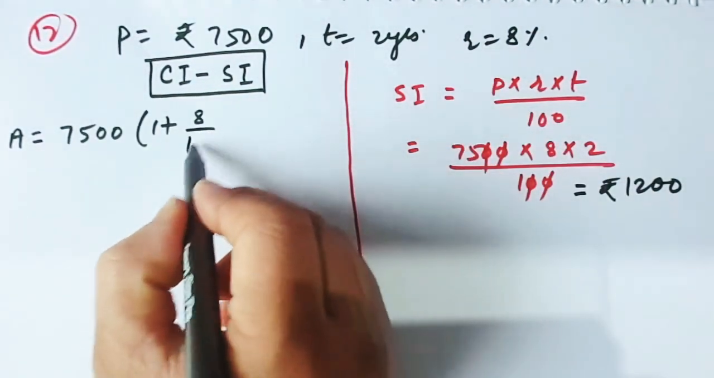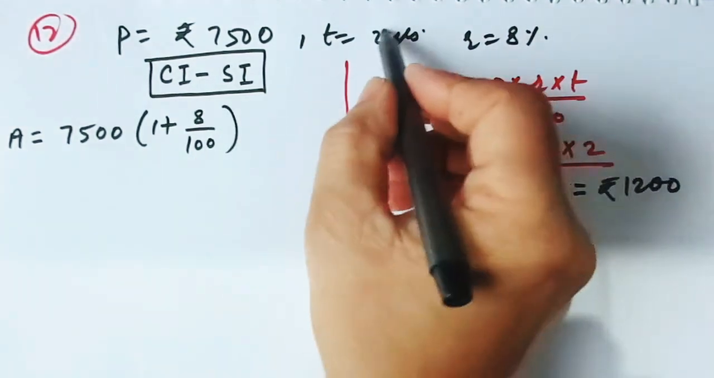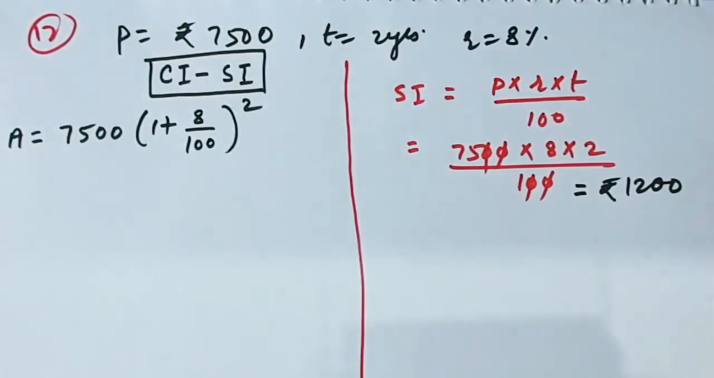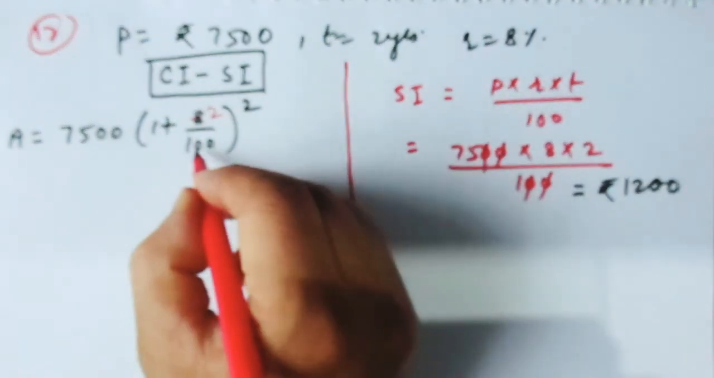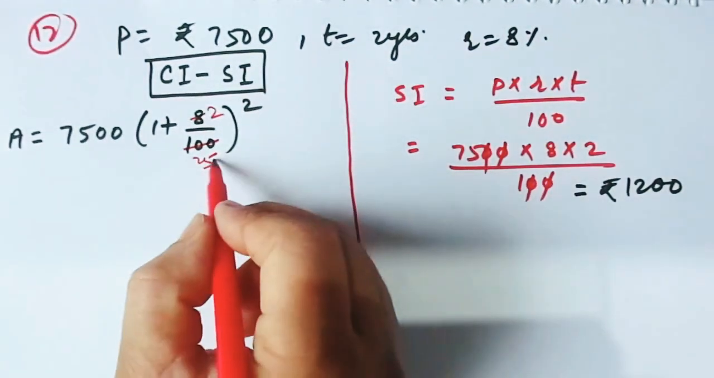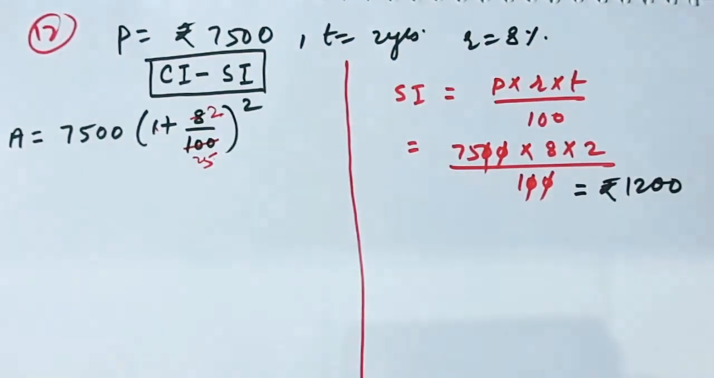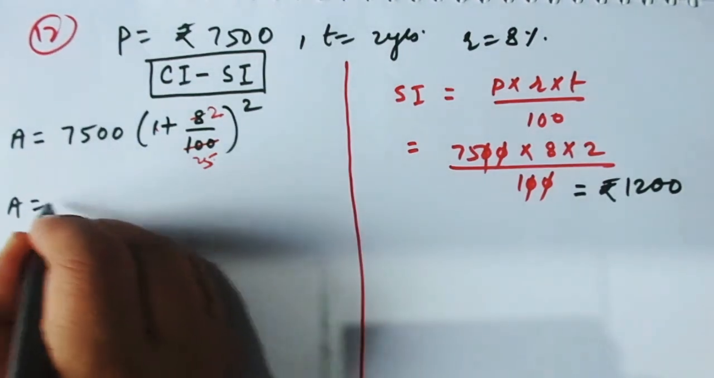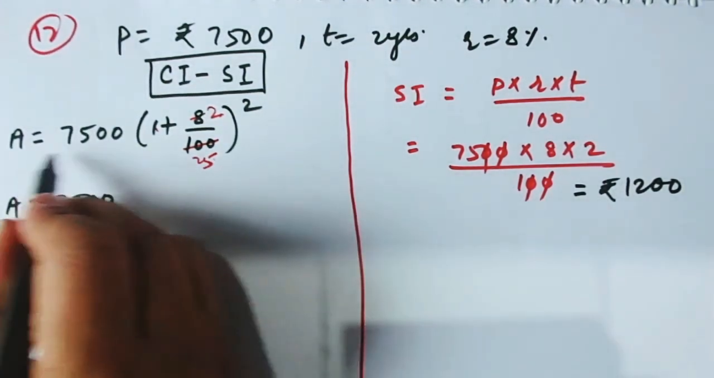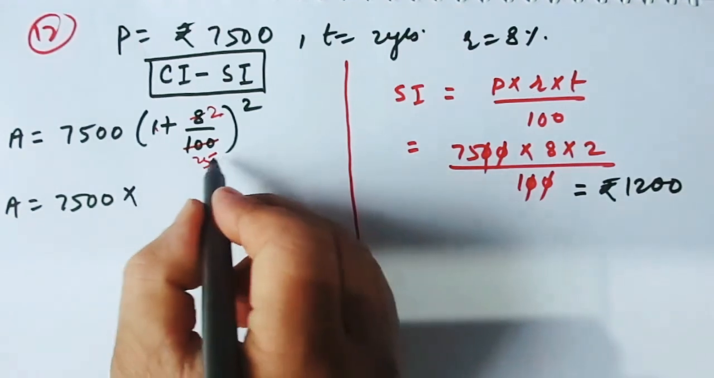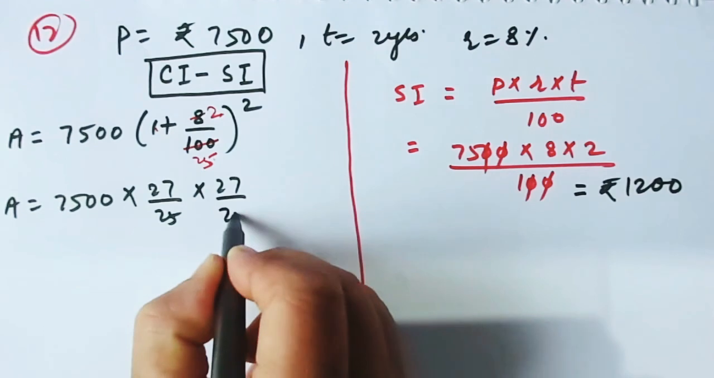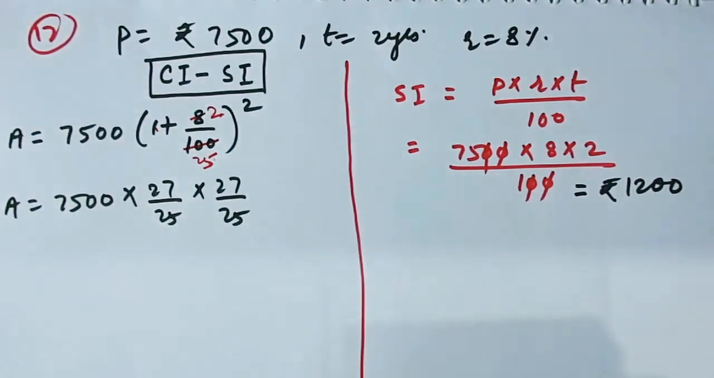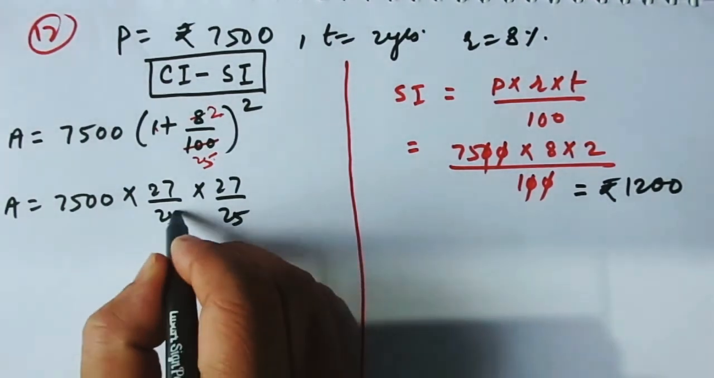इक्वल टू 8, R बाई 100 टू द पावर T। अच्छा, 2 हो गया, चलो कोई बात नहीं, 4 2s are 8 और 4 25 टाइम्स, मतलब 25 प्लस 2, 27/25। सो अमाउंट इज इक्वल टू 7500 मल्टीप्लाइड बाय 27/25 इंटू 27/25। बस सॉल्व करना है, कुछ नहीं है।